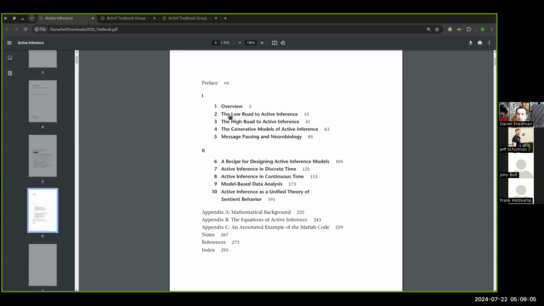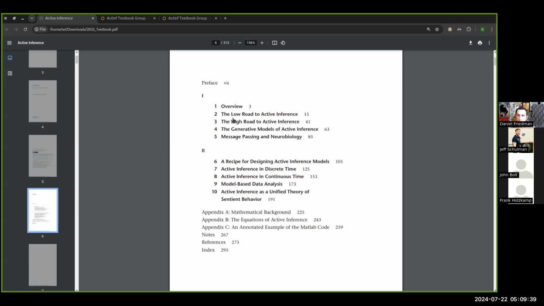Low road is like the how and the what. It's the actual architectures that are built. It's the way that Bayes' theorem applies to perception and cognition and action in a unified cognitive model. And then the high road comes from the free energy principle, physics of cognitive systems, Bayesian mechanics, the imperative to persist, to remeasure, and so on. Chapter 2 and 3 get us to active inference, and chapter 4 is where we actually see the active inference generative model itself, which is what's going to be given the recipe for in chapter 6.